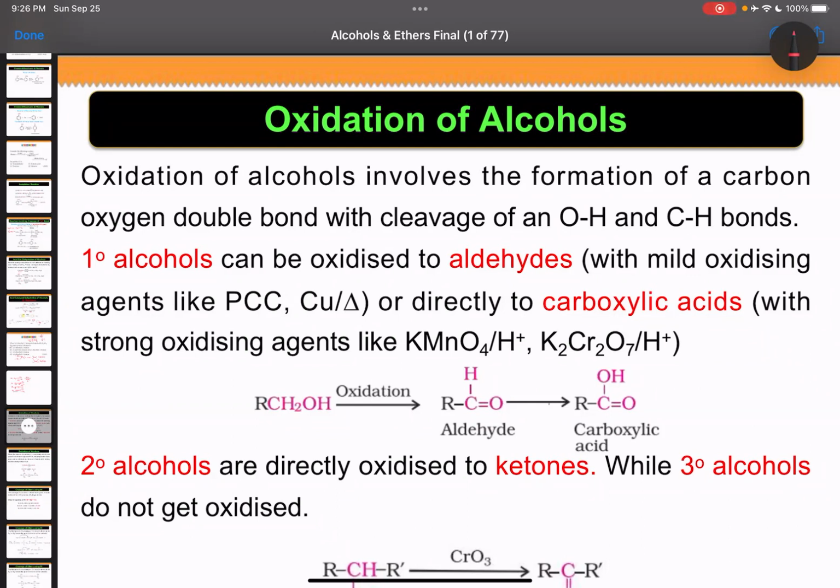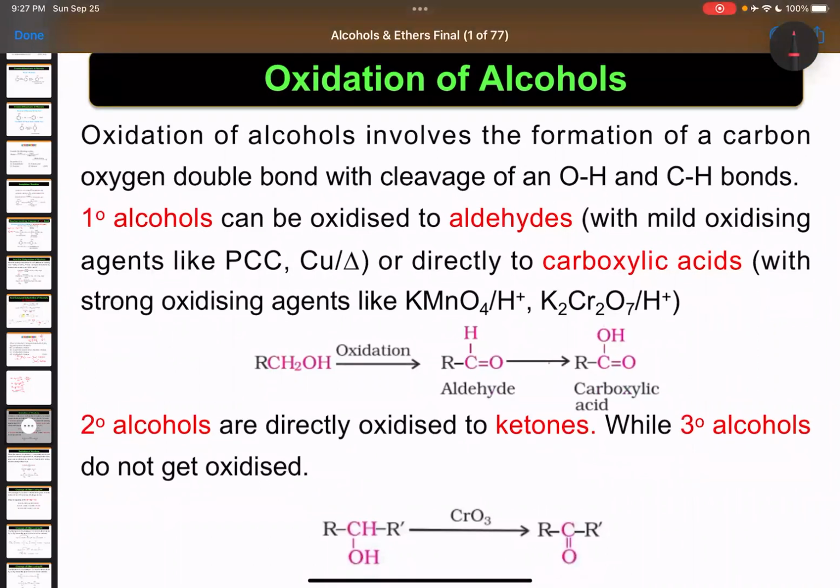Yeah, that is for primary alcohols. Okay. Actually, suppose if this is a primary alcohol, you need to be very careful. If you take a mild oxidizing agent, clear? Mild oxidation, then you are going to get an aldehyde. But in case you go for a strong oxidizing agent,